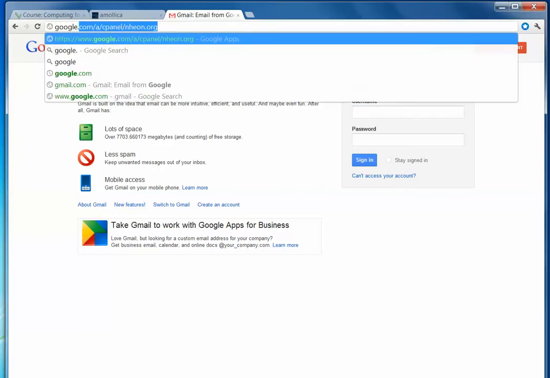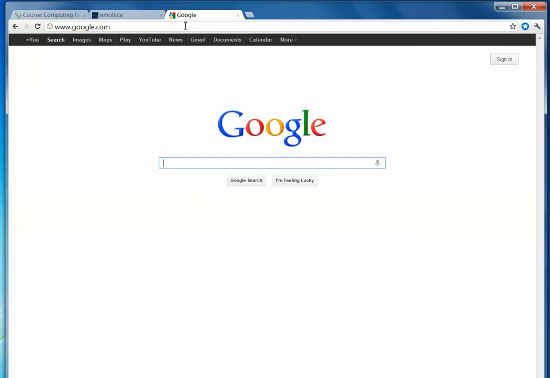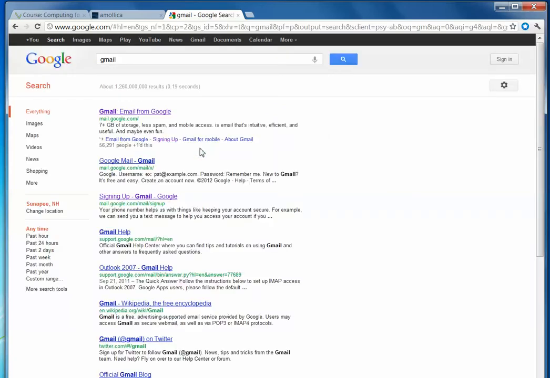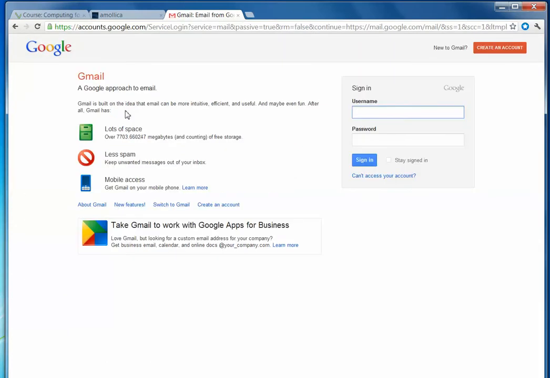If you're in Google, the search engine, that is a very popular home page for a lot of people. So if when you open your internet browser, you find yourself on a Google page, you can just type in Gmail, and then the first link that will come up is a link to logging into Gmail. And on the top right hand corner in red, you'll see create an account, and that's where you need to go. You click on create an account,